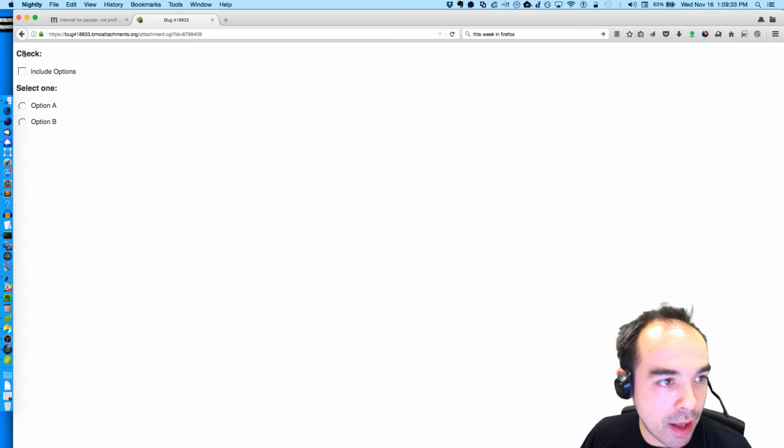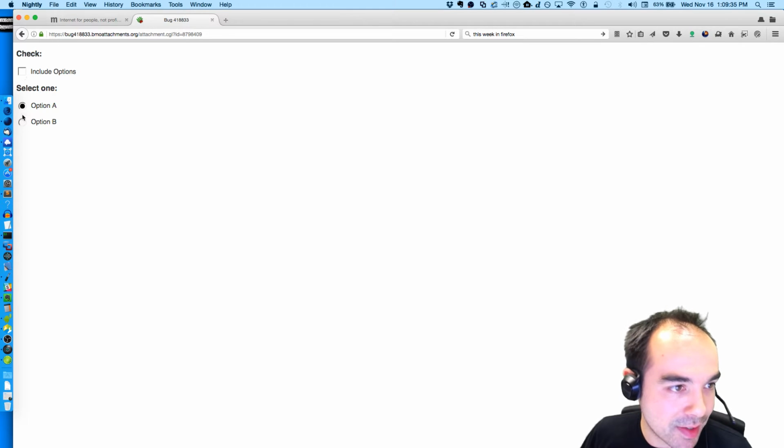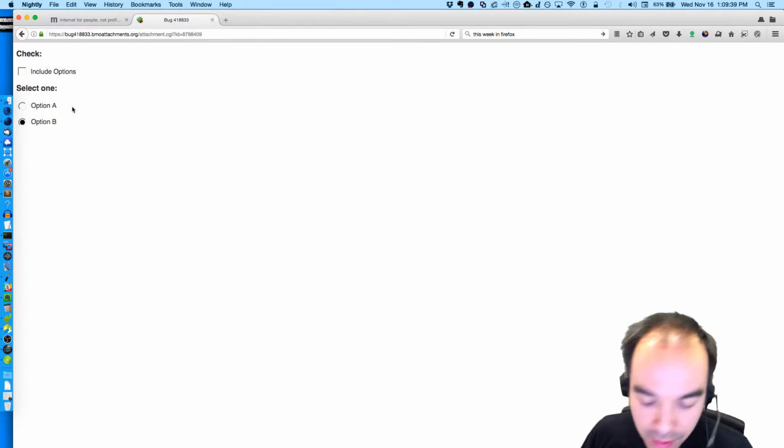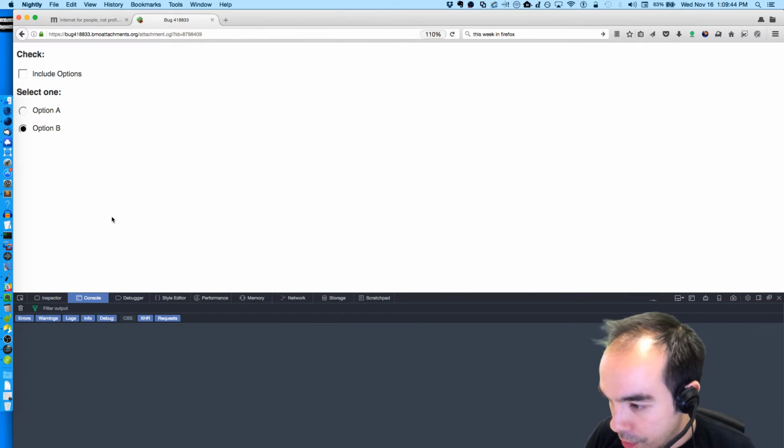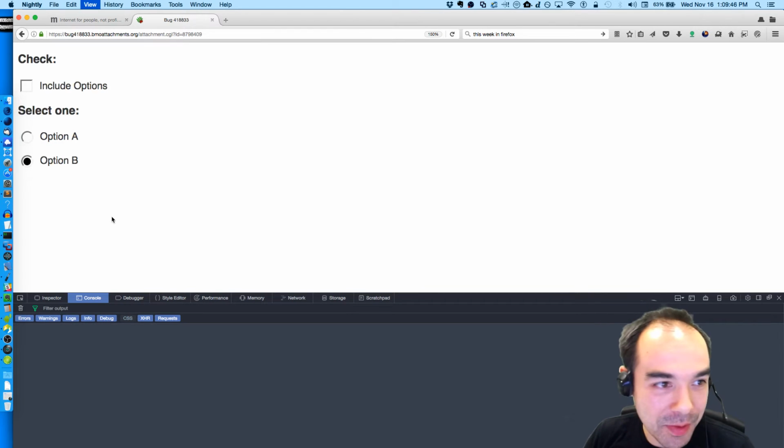So here's a thing to check out. These are checkboxes. This is a radio button, but notice it looks a little bit funny. It looks a bit weird because normally whenever you're looking at web content, when you